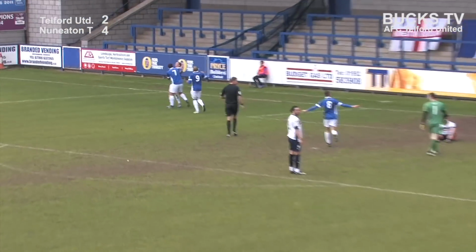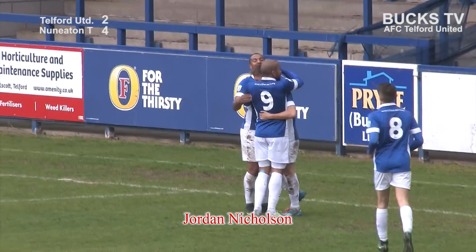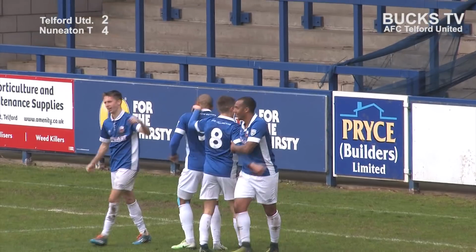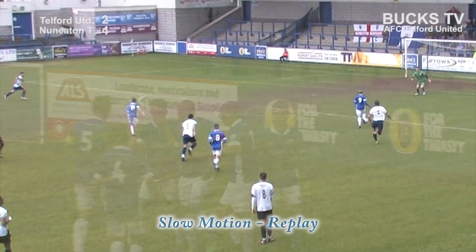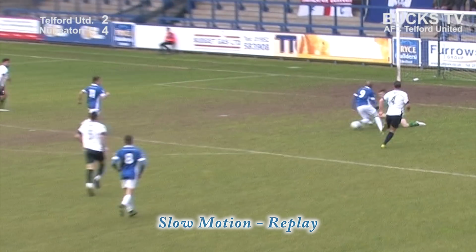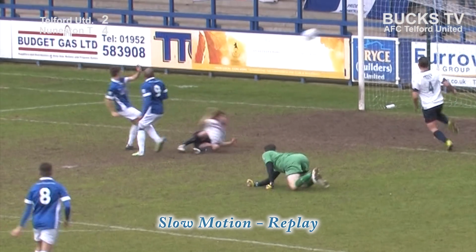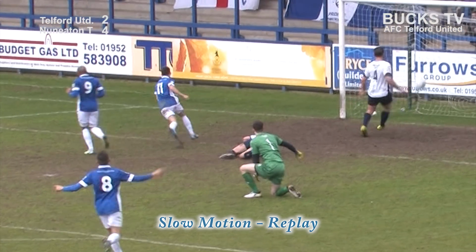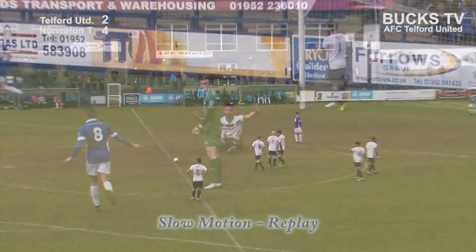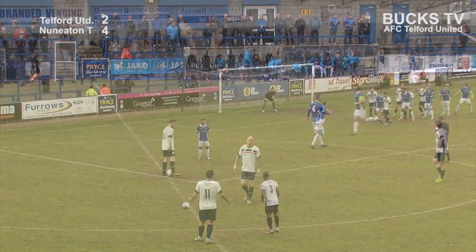And there was Nicholson to mop up and put the ball into the back of the net. Telford were looking for the flag as Chambers went through one-on-one with the goalkeeper, and there was no flag. Telford's defenders come across to protest to the linesman on this near side, but unfortunately it's not going to change the outcome. Goalkeeper Callum Burton did well initially to hold up Chambers as he looked to go around him, but there was Nicholson on hand to put the loose ball into the back of the net, and it has been